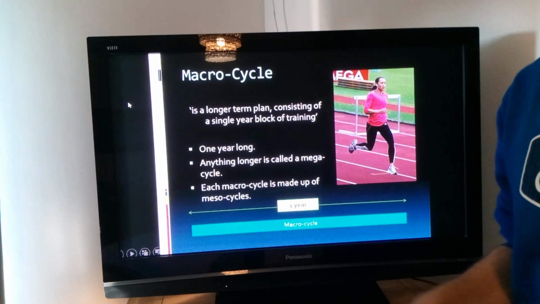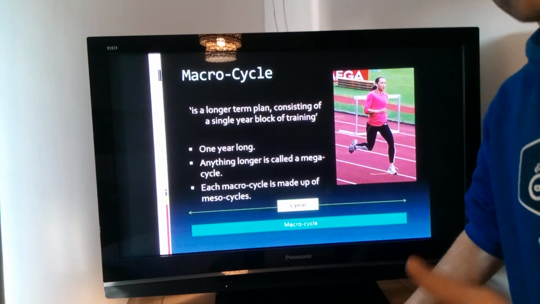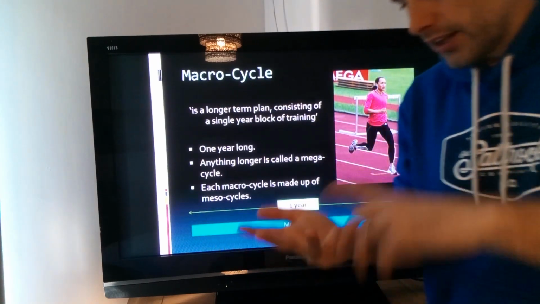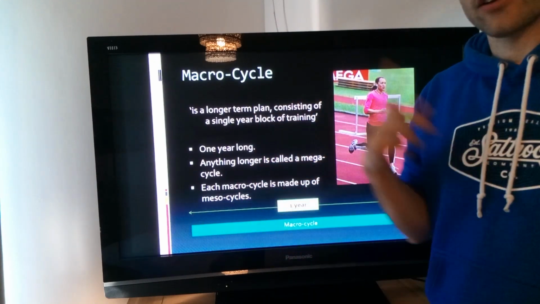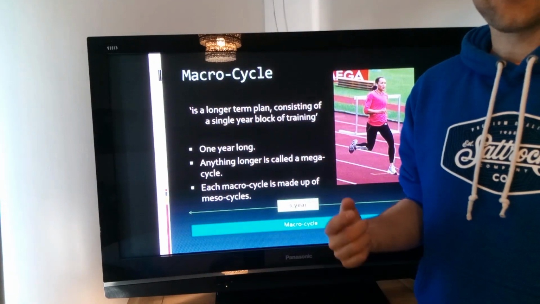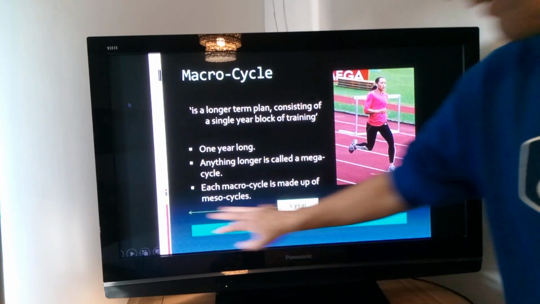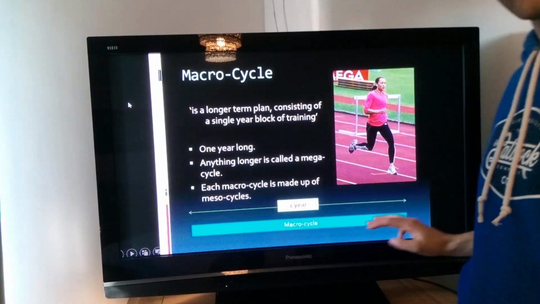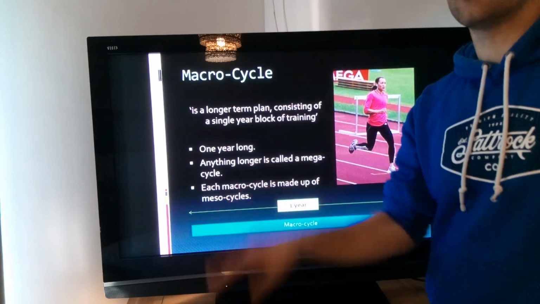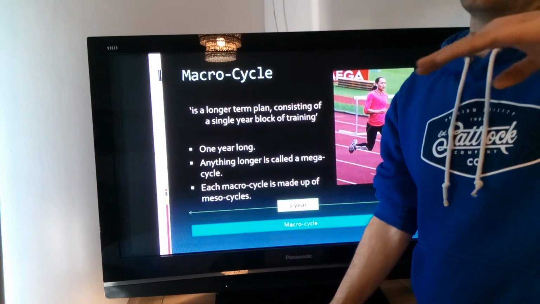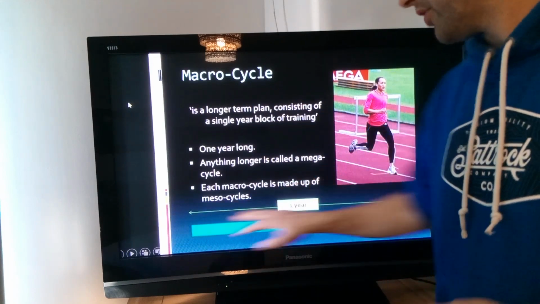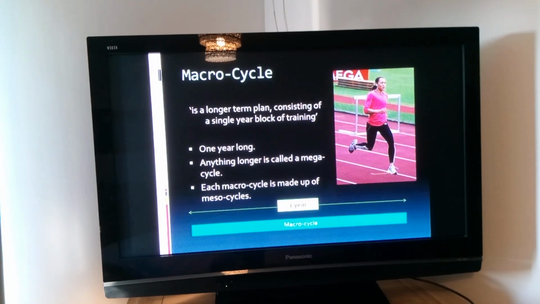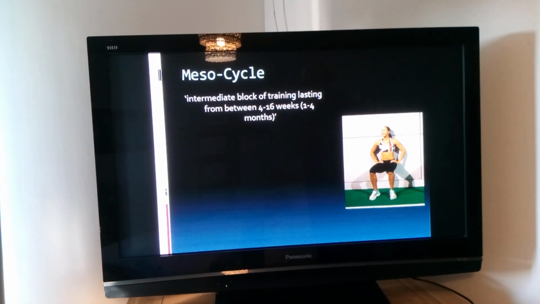So 1-year cycles, all the seasons that we do, rugby, football, hockey, netball, tennis, etc., all have a 1-year cycle. They all change every year. Okay, so everybody should have a goal that is a year long. We want to finish second in the league this year. We want to make Champions League qualification. We want to win the league this year. Okay, that should be your goal. So that's your macro cycle, sorry.